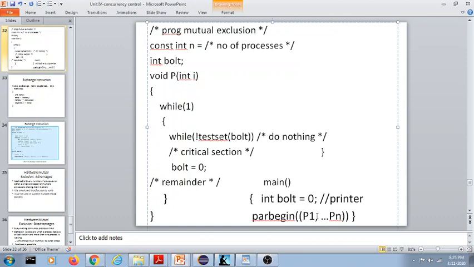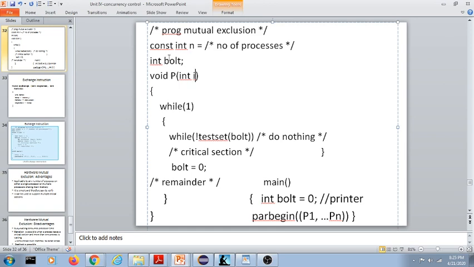Here the execution will begin for the processes, and for that there is a function provided by your OS, that is parbegin. In this case your processes begin. So you have to come here whenever a process begins. Whenever a process begins, the function for the process will get executed. It has one kind of variable, and that variable is nothing but i.